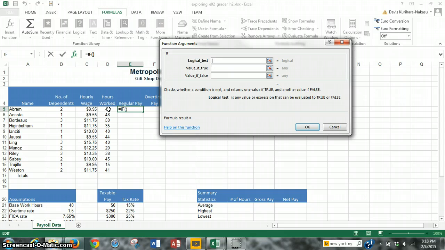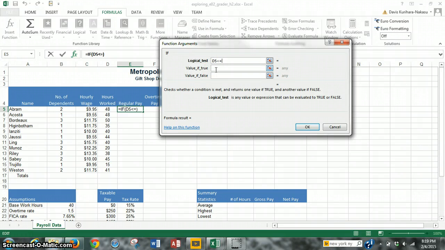And we want to put that in the function arguments up here, so we click D5 here, and we want to know if that hours worked is less than or equal to 40. So we do the less than or equal sign, which is here, that's the less than sign, less than or equal to,